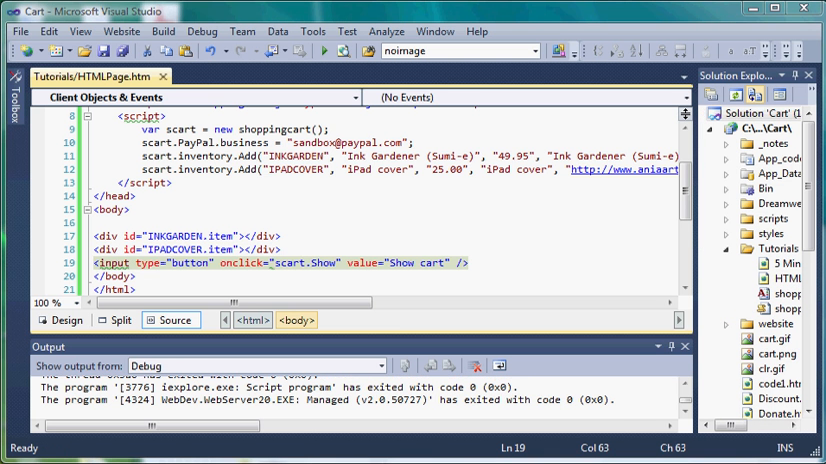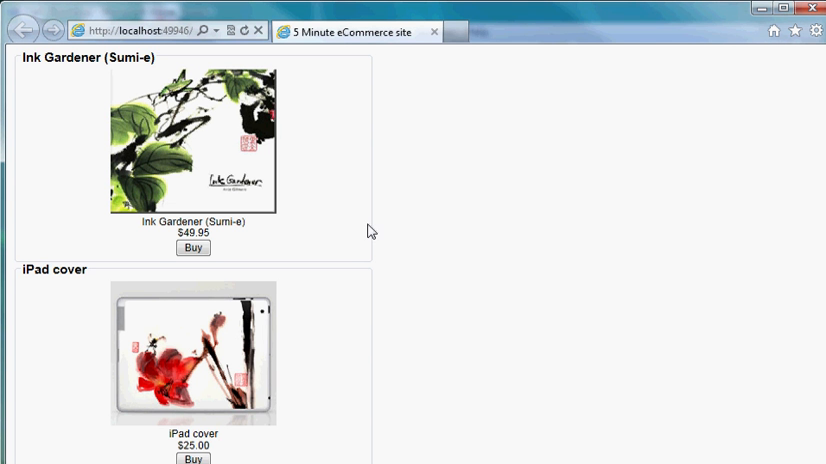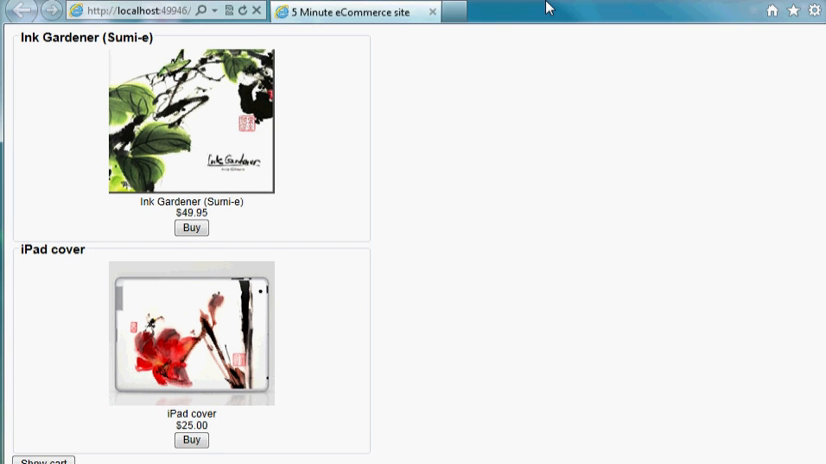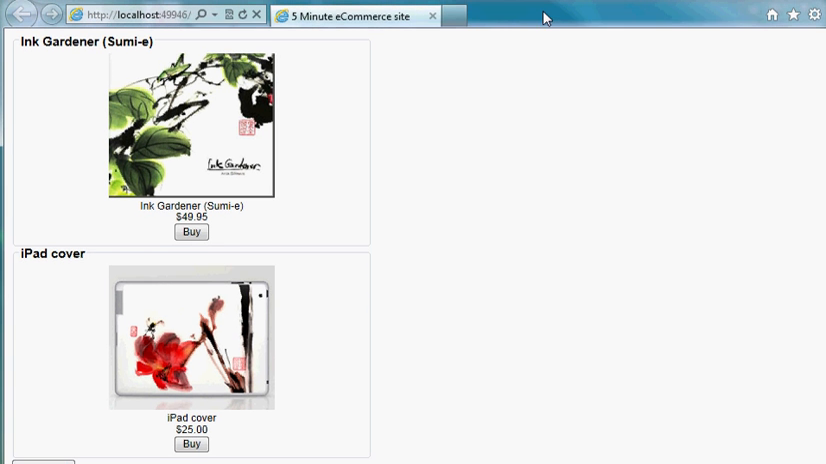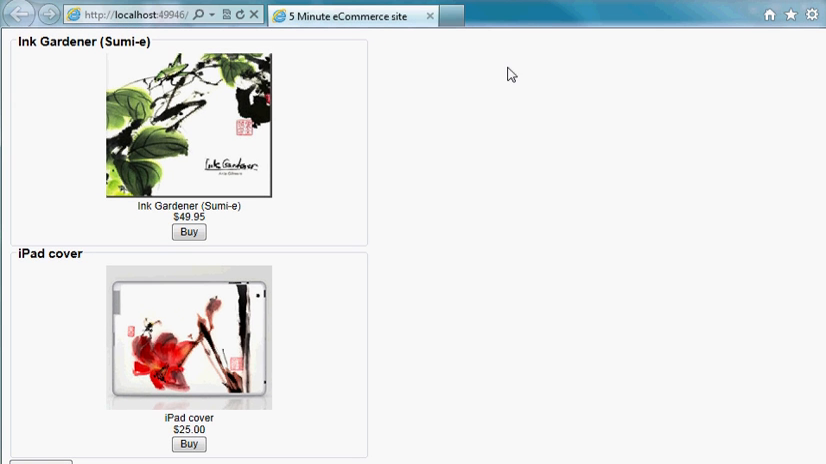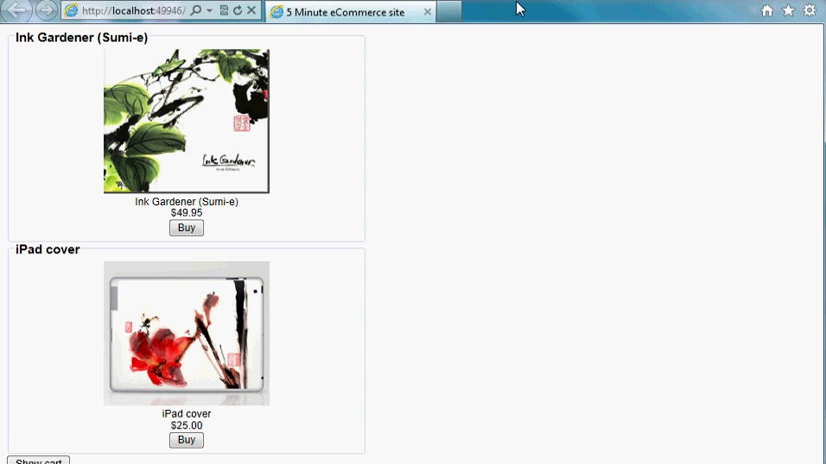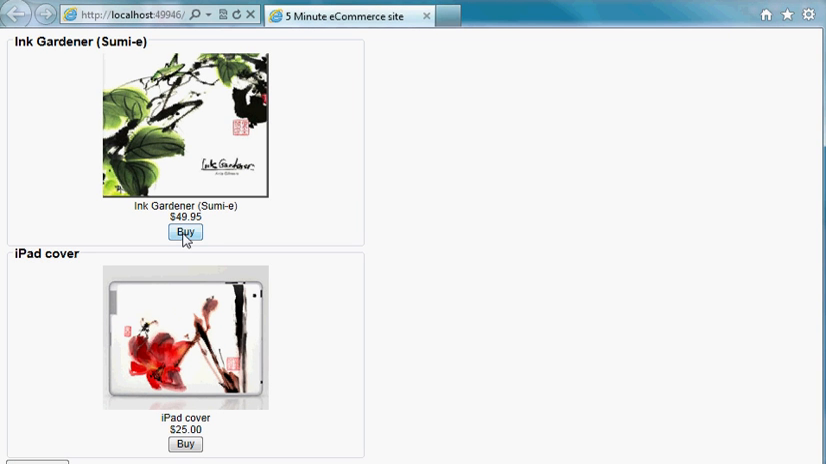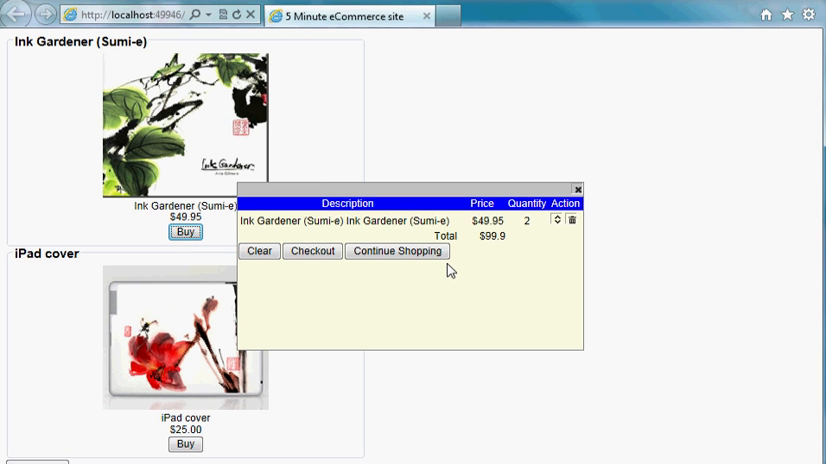Now we just press the run button, and if I did this right, everything should show up, and it does. So notice here we have the Ink Gardener Sumi, the iPad cover, and the Show Cart button, which you can't see because it's hidden. Okay, let me move this up a little bit here. There. Well, hang on. Okay, so if we click the Buy button, notice my shopping cart pops up, and it